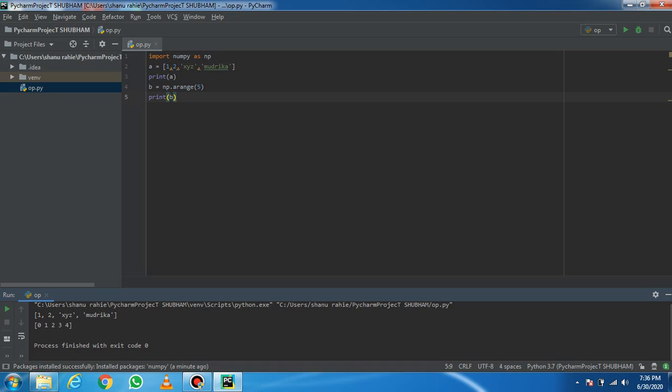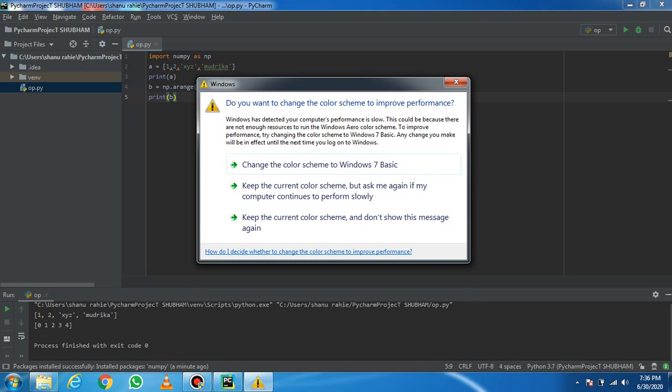But when you are using your NumPy array, all the elements which you are storing in your NumPy array will have the same data type. For example, if you are using integers, then all the 10 elements will be integers. If you are using float values, all your elements will be float values. So the first and foremost basic difference between list and NumPy array is that list is heterogeneous but NumPy is homogeneous. Is that clear?